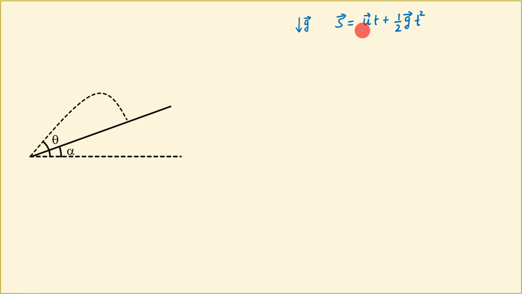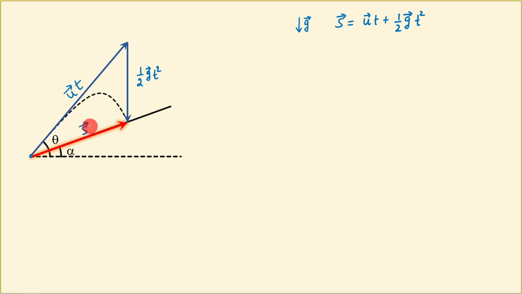So here I have to add these two vectors, u t and half g vector t square, to get the actual displacement vector. The particle was initially here, and it reaches this particular point, right? So the displacement will be along this direction, S vector, and I can write it as the addition of these two vectors. Here this blue vector is along the u vector direction, so this blue vector is nothing but u vector into t, and this downward vector is nothing but half g vector t square. Of course, its magnitude is going to be half g t square. And this red vector is nothing but my displacement vector.